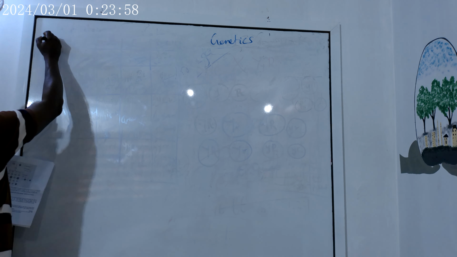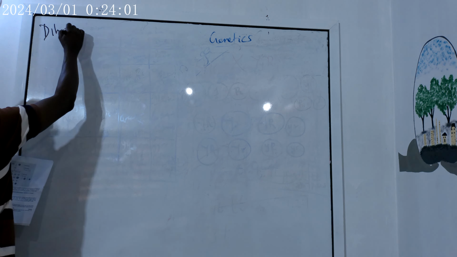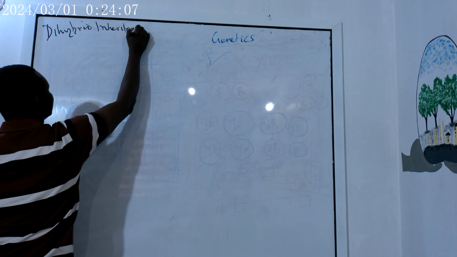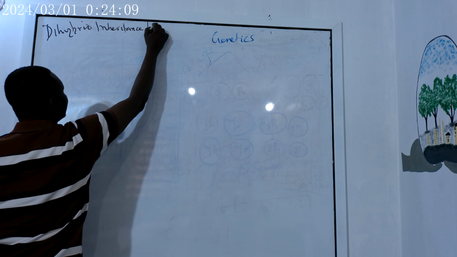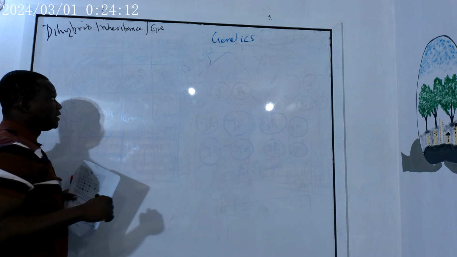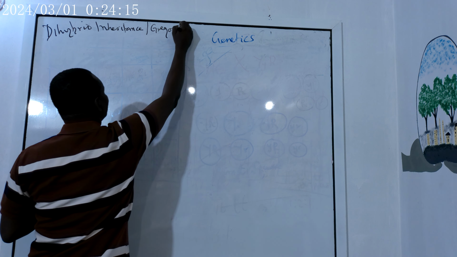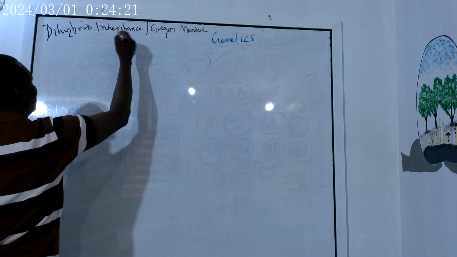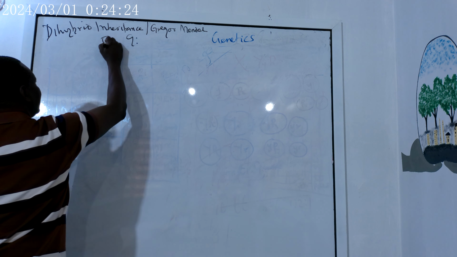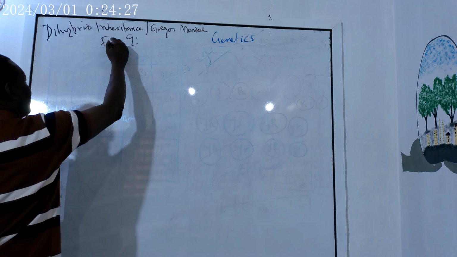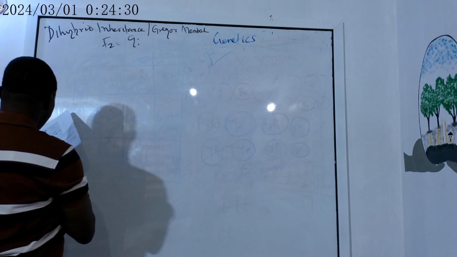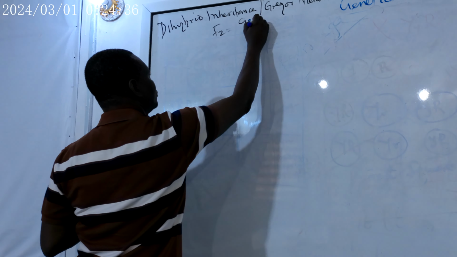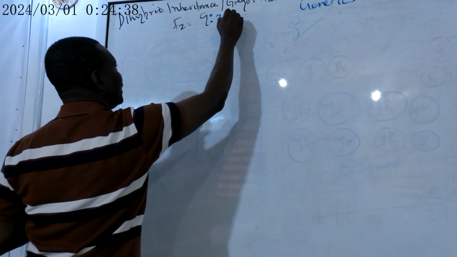This is still a continuation of our lecture on the verification of the law of dihybrid inheritance, as it was put forward by the man who is regarded as the father of genetics, Mendel. So he put up this ratio, that is the F2 for all plants that is a Mendelian compliant plant. It is going to bring up this ratio